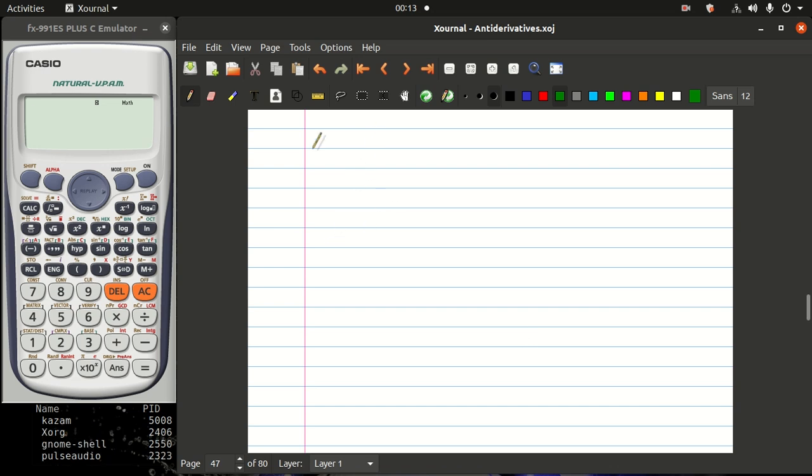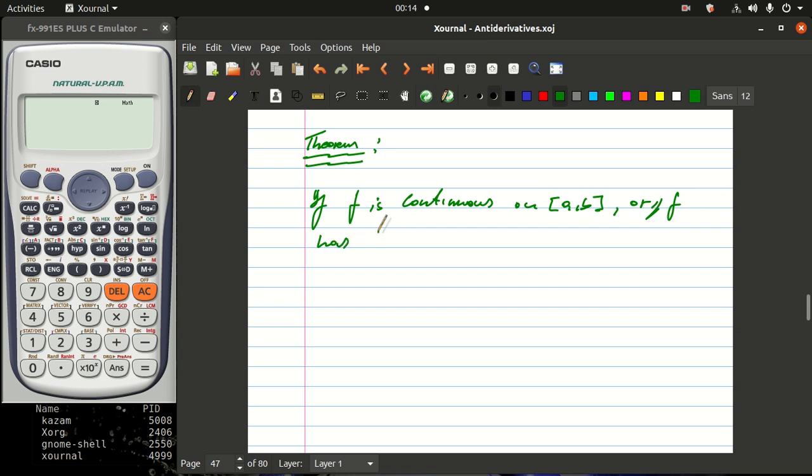Now let's talk about this theorem here. I hope you understood what I was talking about there. This theorem is saying that if f is a continuous function on the interval [a, b], or if f has a finite